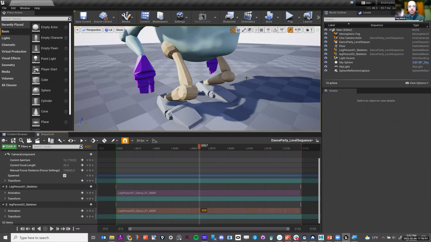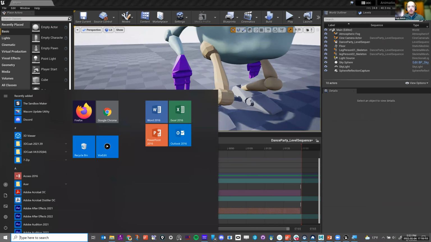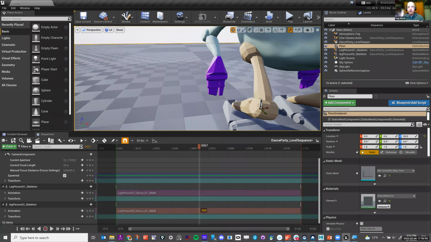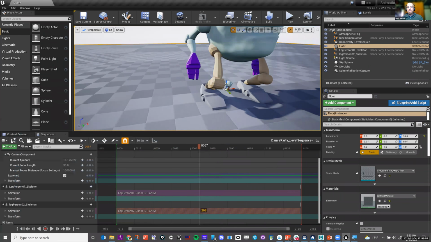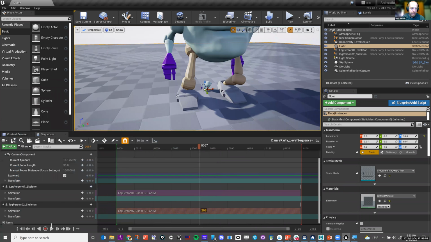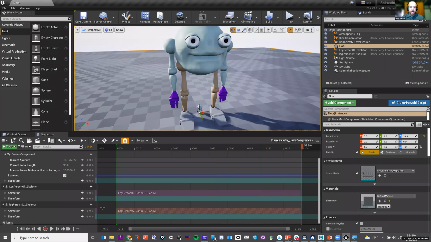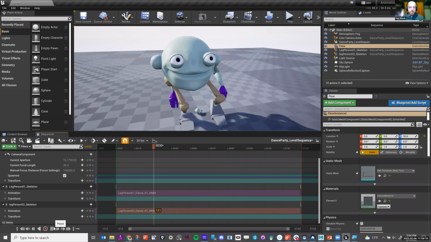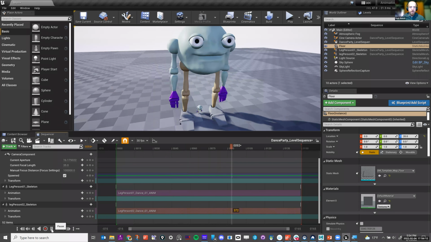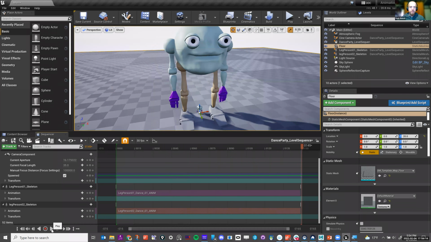But now you can see that they're all dance partying. There we go. And then if I hit play, this is my play button down here at the bottom. I click play, and you can see I can play it again. And there go my characters. They're all playing. There they go.